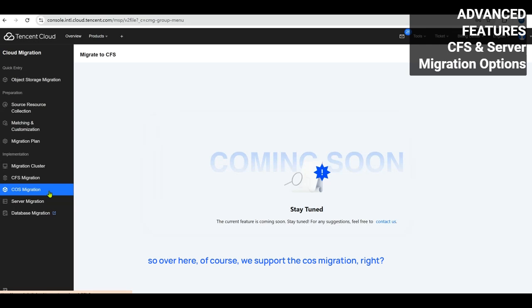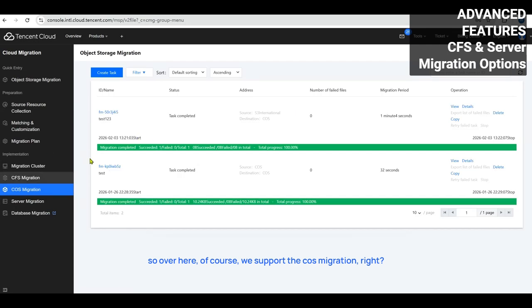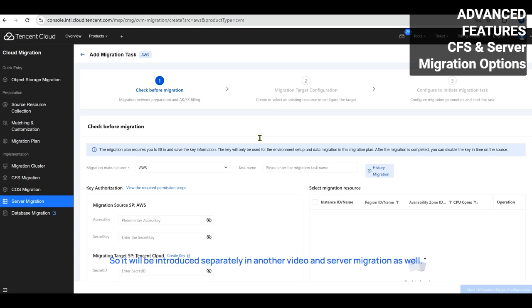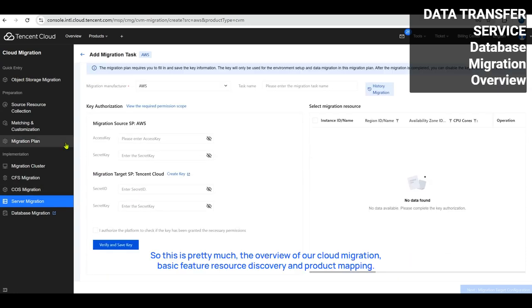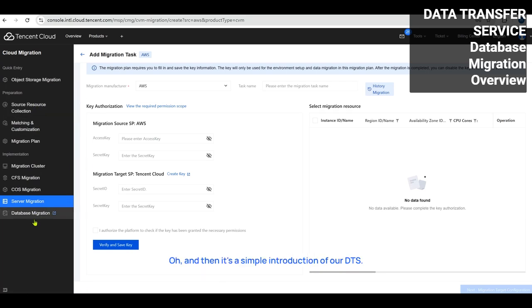Over here, of course, we support cost migration, which will be introduced separately in another video, and server migration as well. So this is pretty much the overview of our cloud migration basic features, resource discovery and product mapping. And then